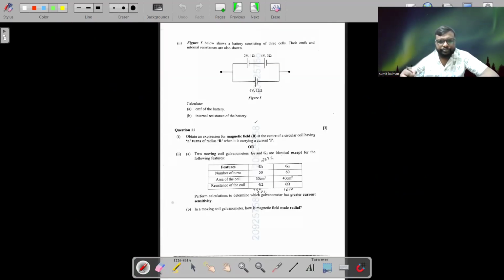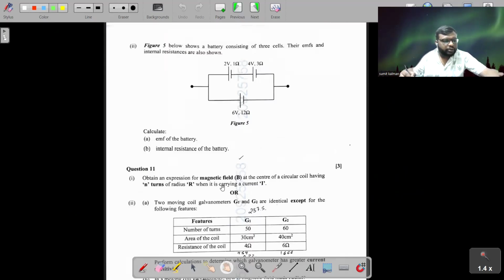Next, here students, in second they are asking, figure 5 shows a battery consisting of 3 cells. Their EMFs and internal resistance are also shown. In this problem you have to calculate EMF of the battery, and in second part you have to calculate internal